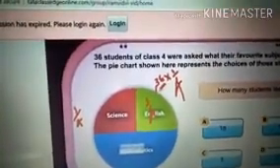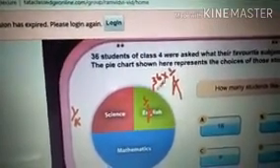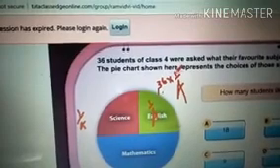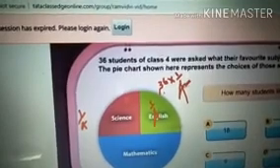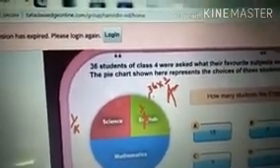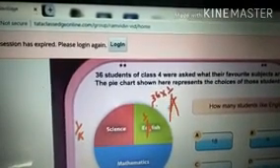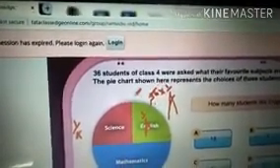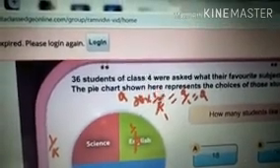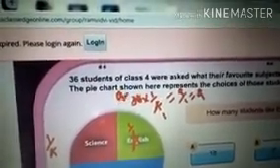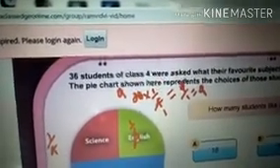So children, I multiply this 36 by a quarter. That means 1 divided by 4. So there is 36, here 4. Which table cuts both 4 and 36? Yes, correct. The 4 table. 1 4 is 4, the 9 4s are 36. So what comes here? 9. So 36 multiplied by 1 divided by 4 gives the answer 9, because 9 ones are 9.